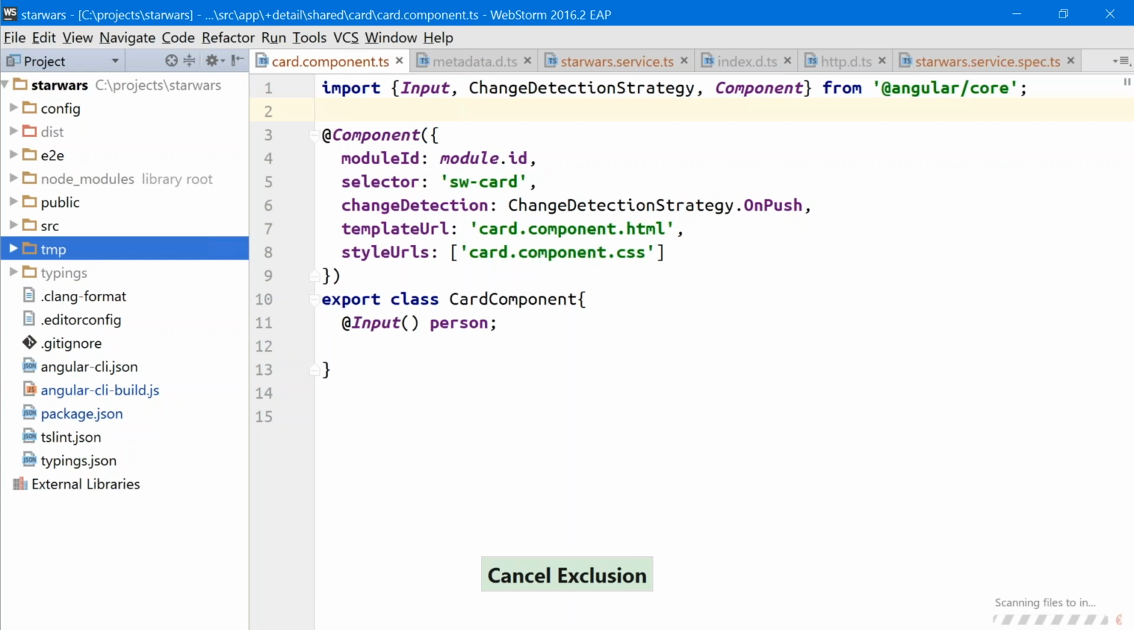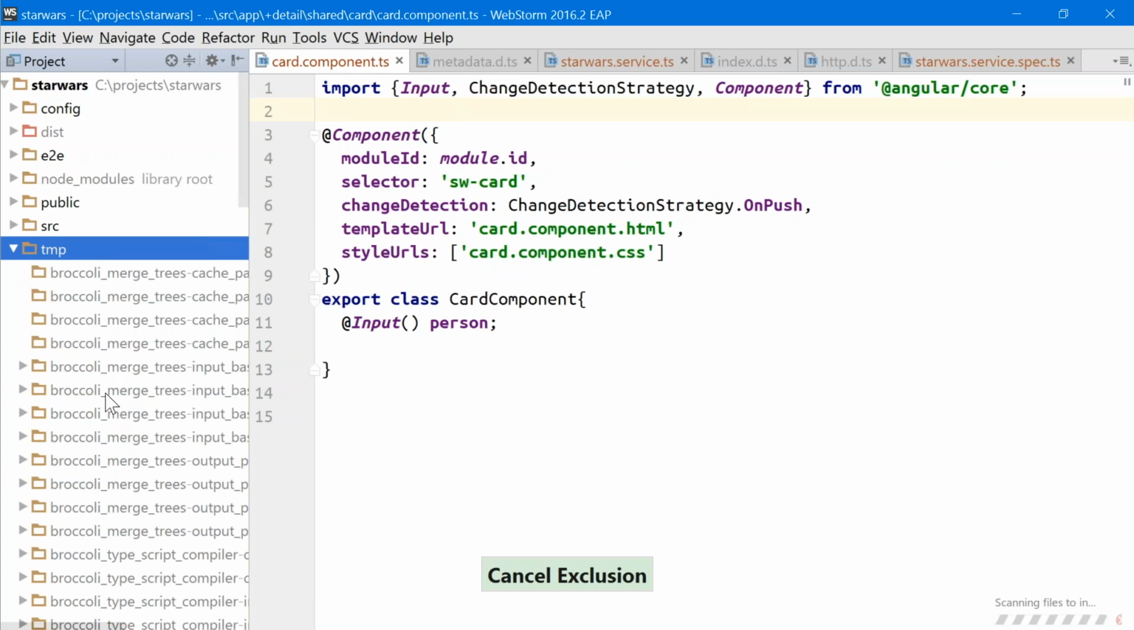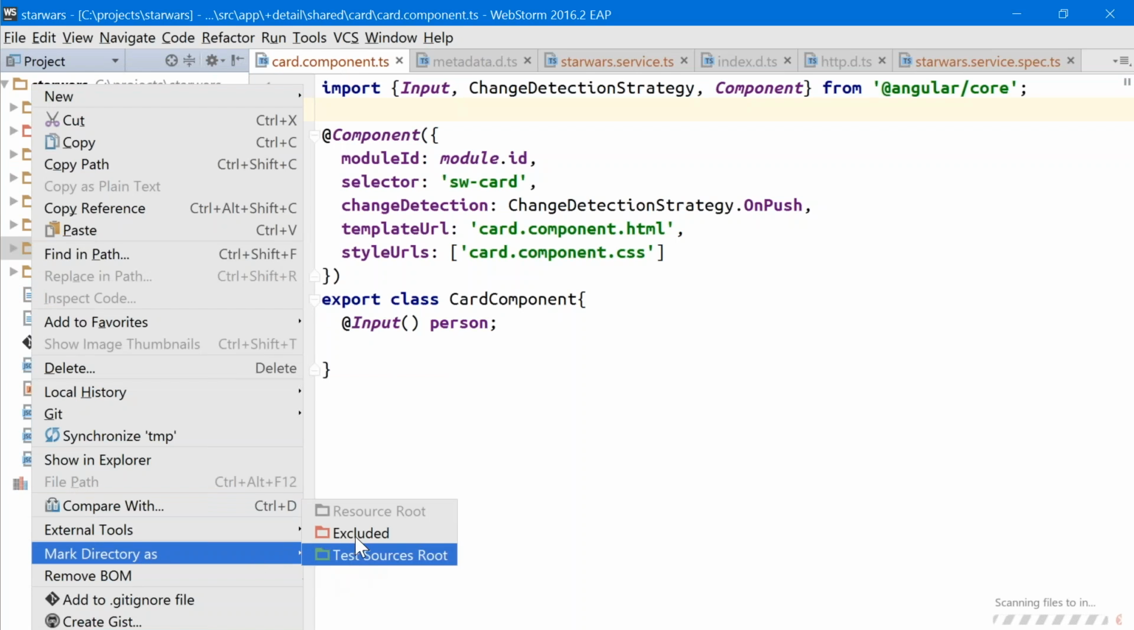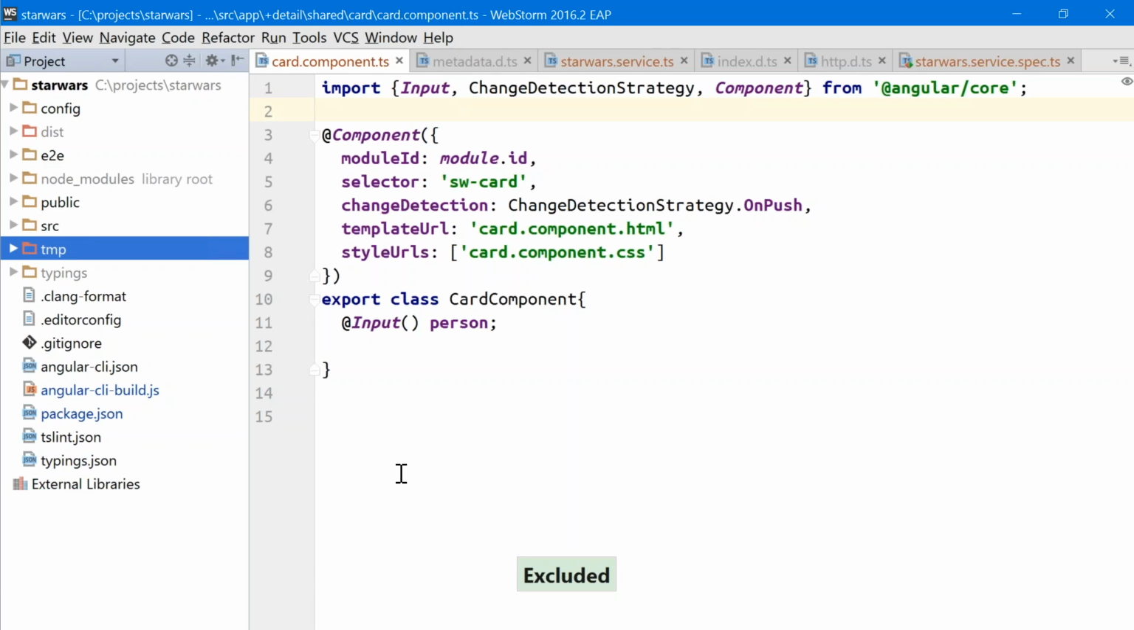You'll see it'll start indexing that. But this is a temp file, and there's a ton of files in there. So I'm going to go back to Mark Directory As Excluded, and that way WebStorm's not going to index that. Or if you have other directories that you don't need WebStorm to index, or that are scratch folders, you don't want WebStorm to reference them, because if you don't exclude that when you try and import things, it's going to look through there as well, and you might get a bunch of extraneous